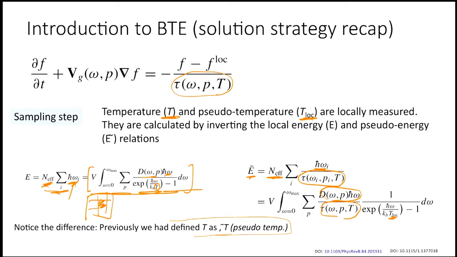And then by inverting this temperature, what we would find is the local temperature. This local temperature is what we are going to use, with respect to which we are going to bring the system to equilibrium. So you should clearly distinguish between this local temperature and the pseudo temperature, or let's say just the temperature of the system. Is this step clear? What is the difference between this temperature and the pseudo temperature or this local temperature, and which temperature are we using? Because this is really, really critical to follow.